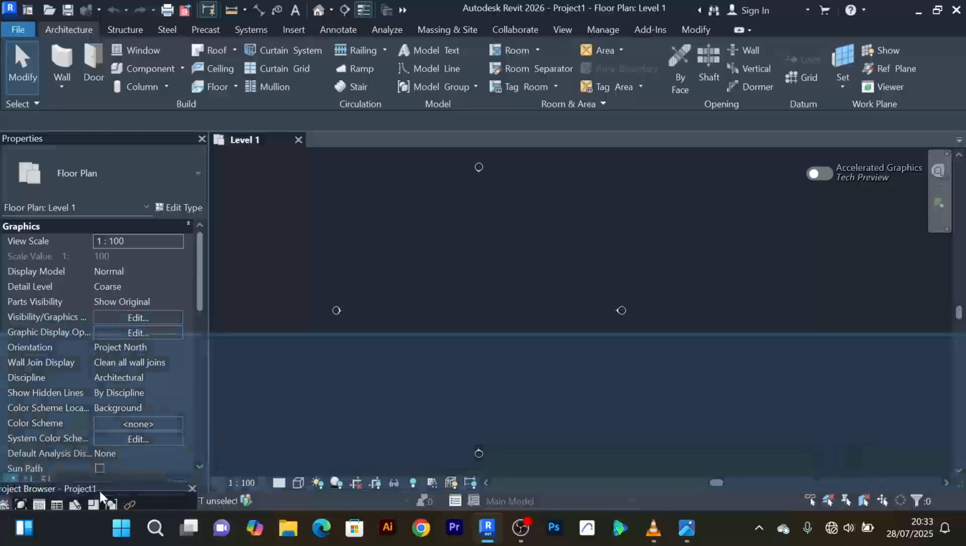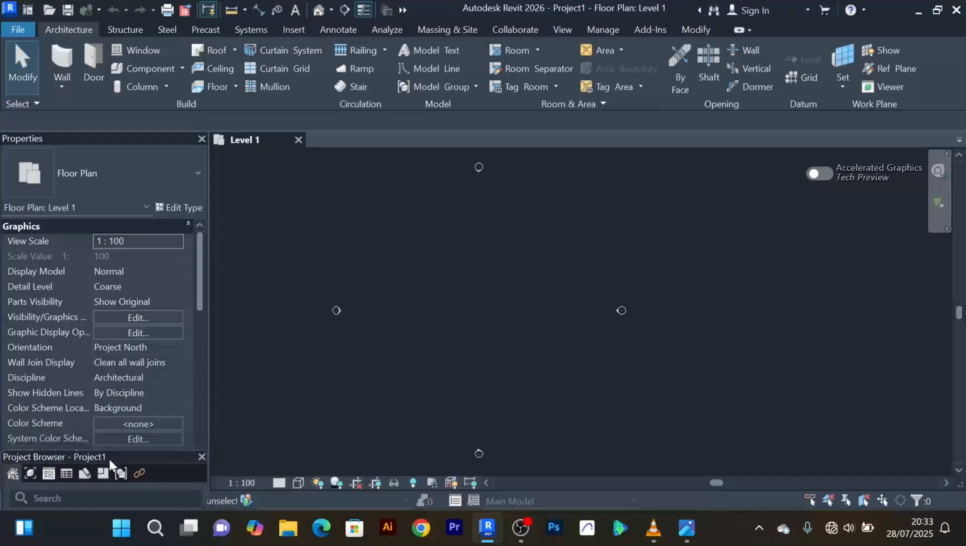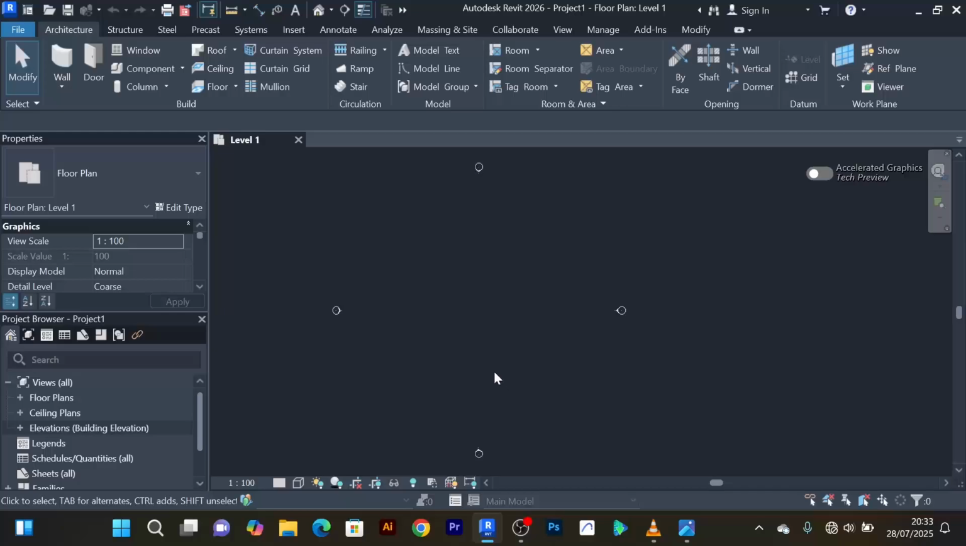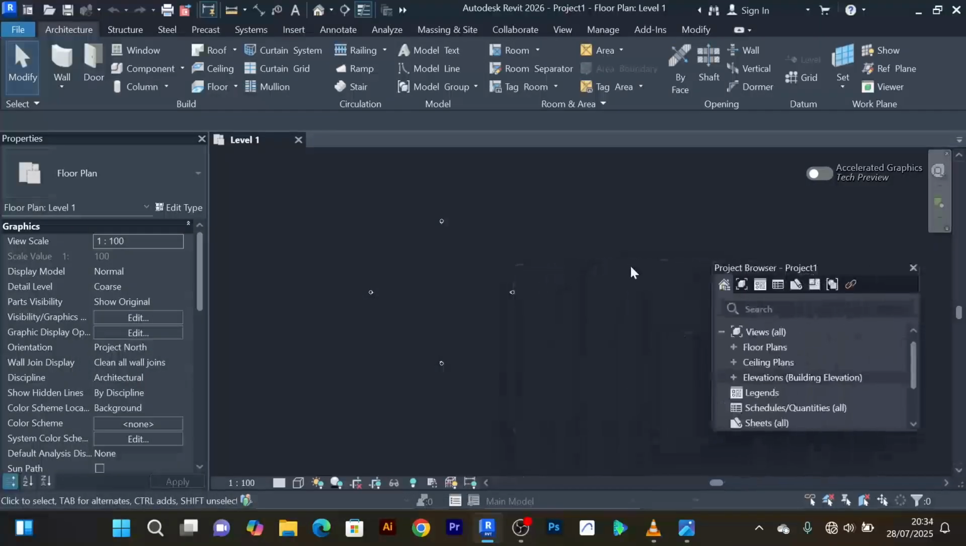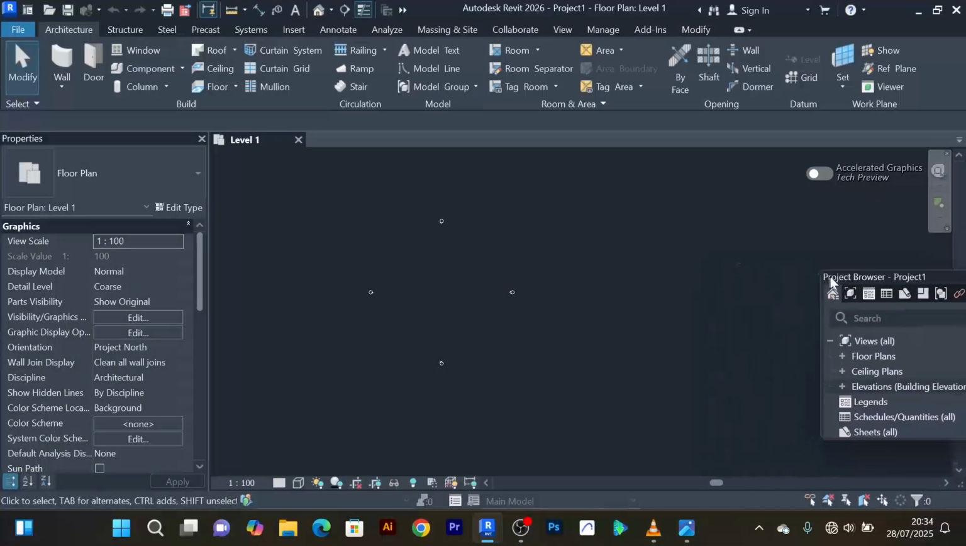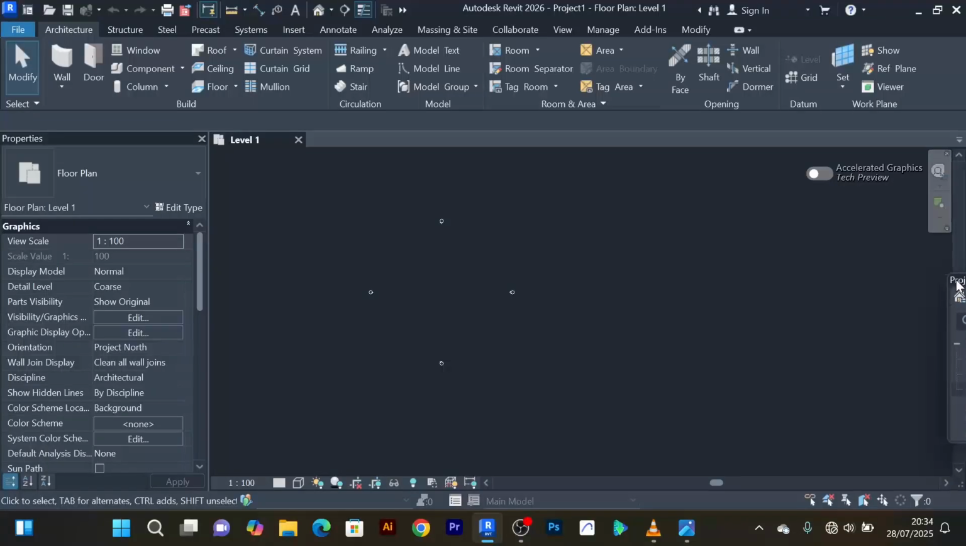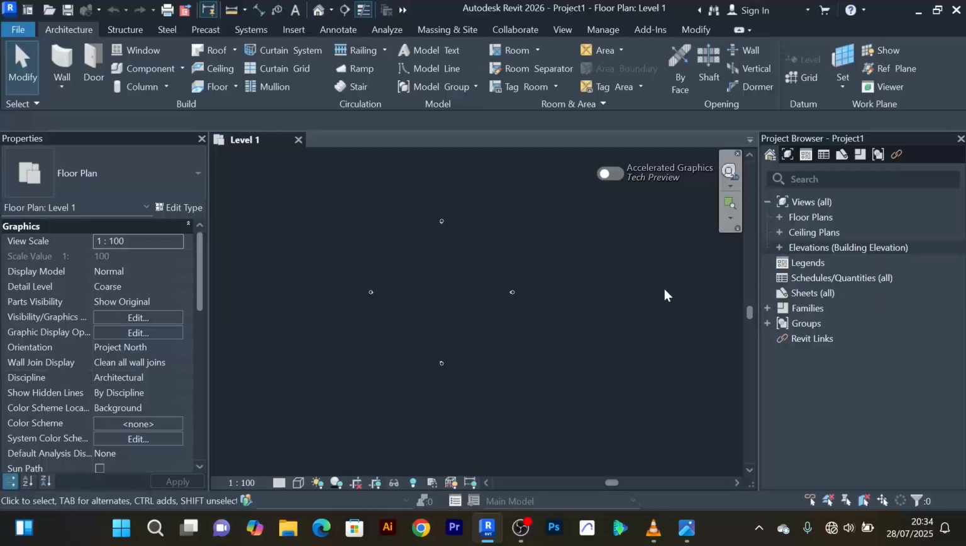Sometimes some people have their project browsers sitting below the properties panel just like that, and when they don't sit on the right as I showed mine, they get worried that their interface is not the same as mine. So from here I can simply drag it, I can place it here, or if you want it to appear this side, you just take it a little bit outside and leave it. Let me just take it there, and it will pop up and show on the right hand